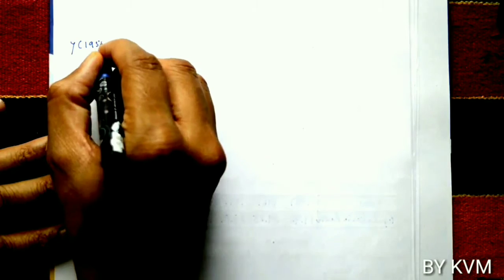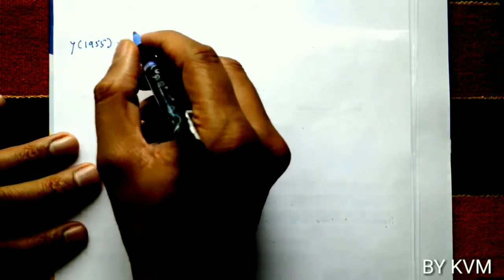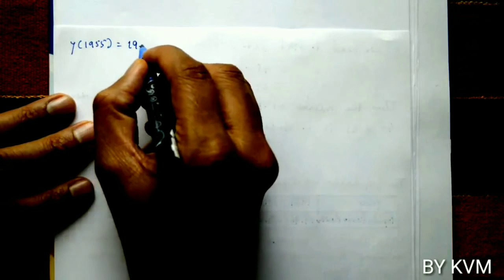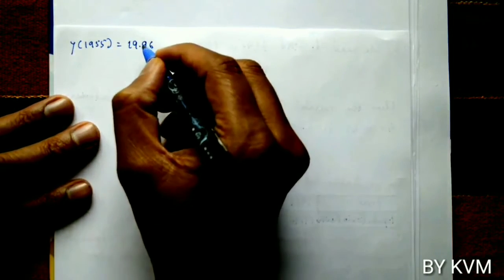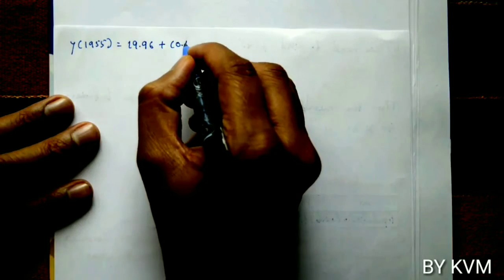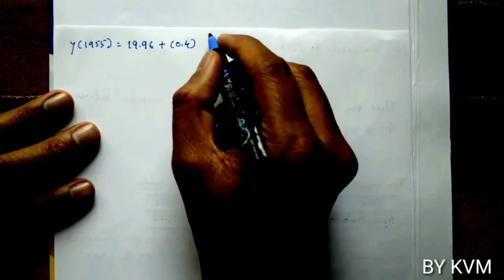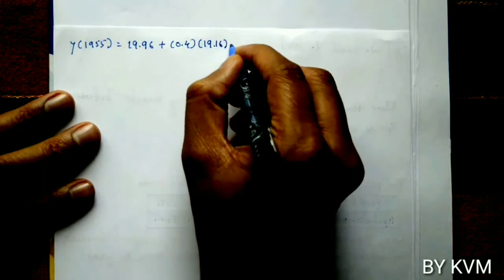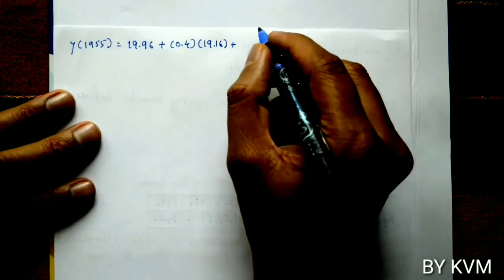So y of 1955 equals 19.96 plus 0.4 into 19.69